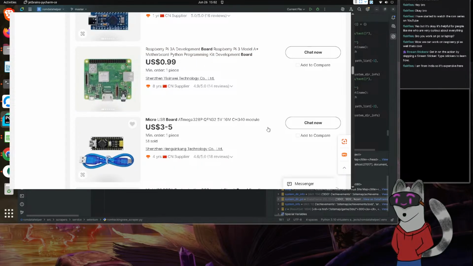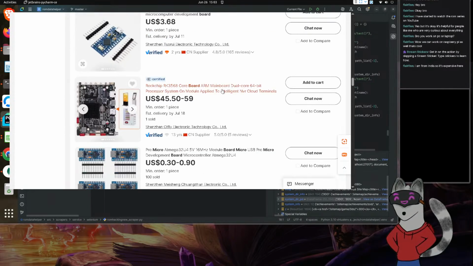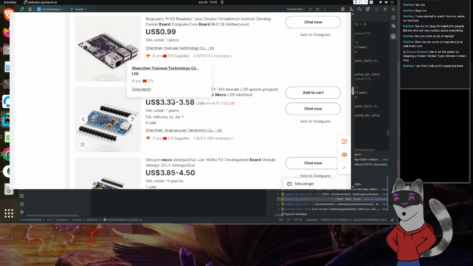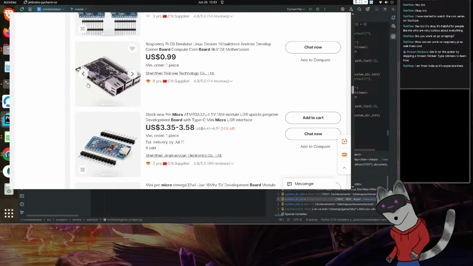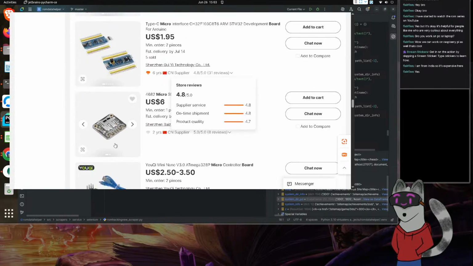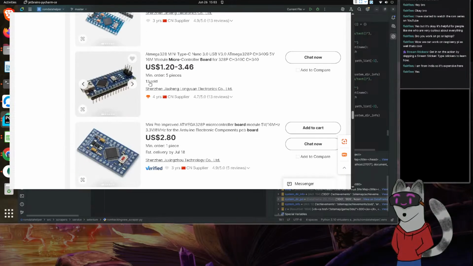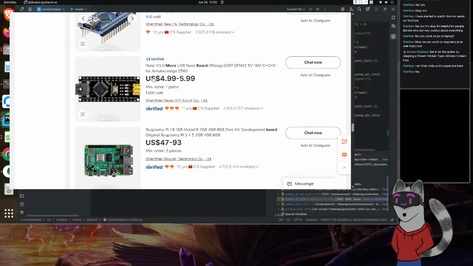Oh, so this is the basic development board, okay. Actually, you can start seeing the pricings for some. If you're not going directly for a Raspberry Pi, you can start seeing that the pricing drops a bit. For instance, I'm seeing a lot of boards. The Nano is pretty cheap, I think.